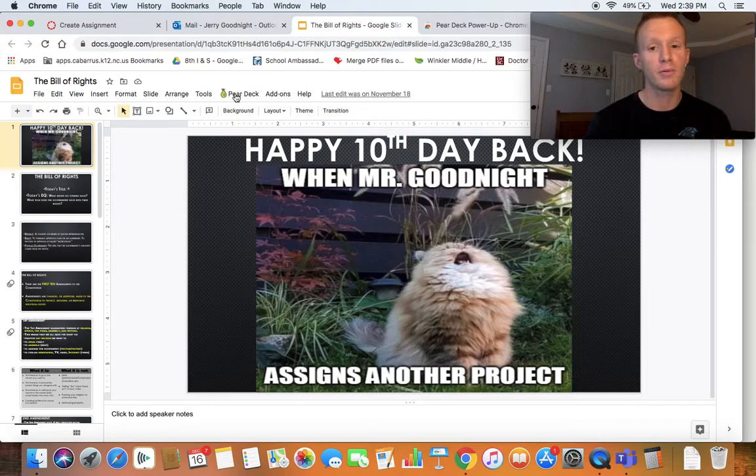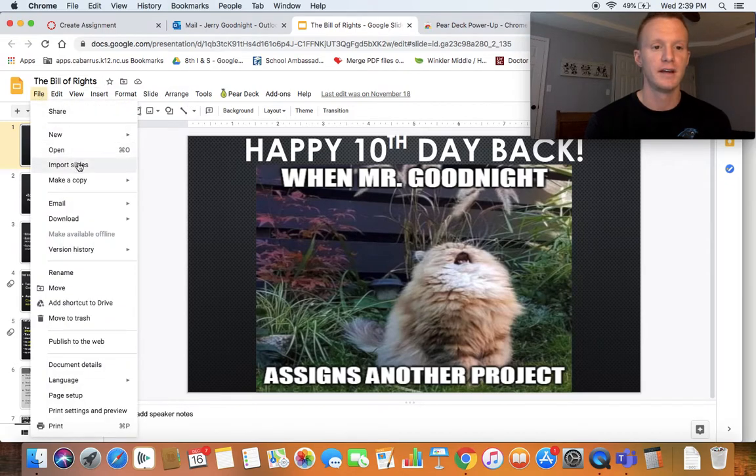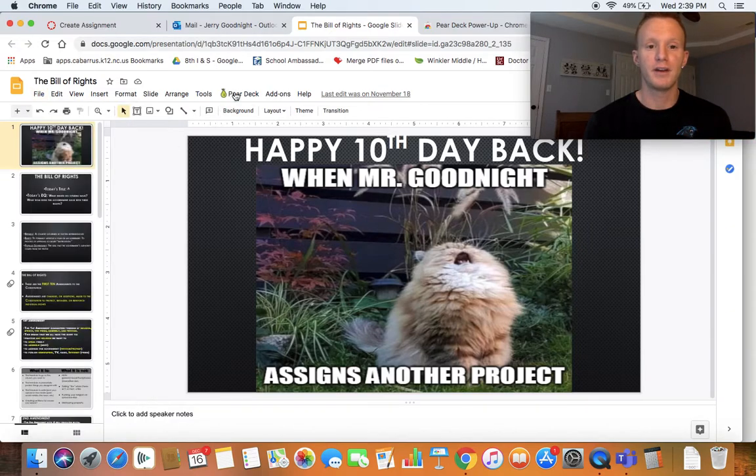Now, if you have PowerPoints, this will also work. You just have to import the PowerPoint to Google Slides. And so the way you do that is go to File, and then import, instead of saying import slides, and then you just import whatever PowerPoint that you have. But now that you have PearDeck, a really cool tool